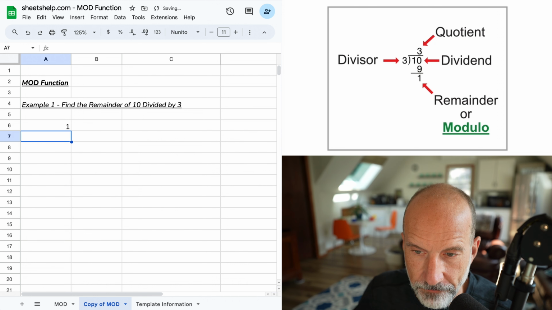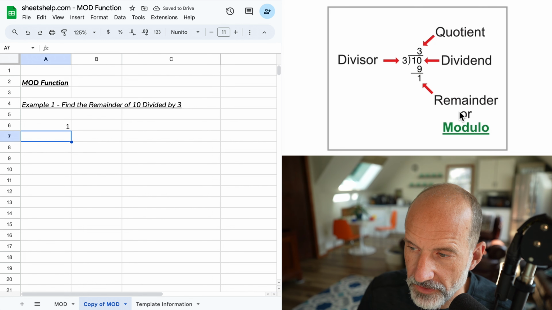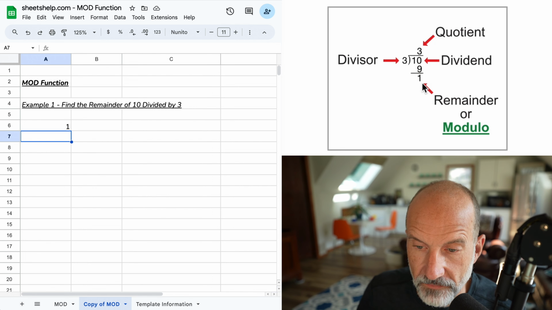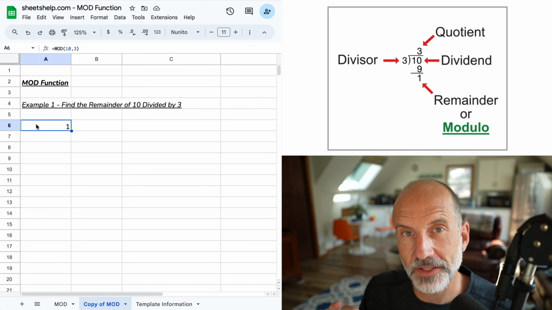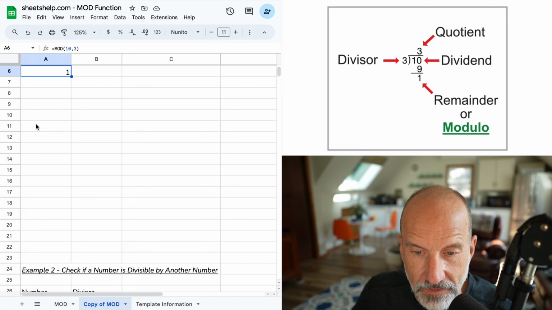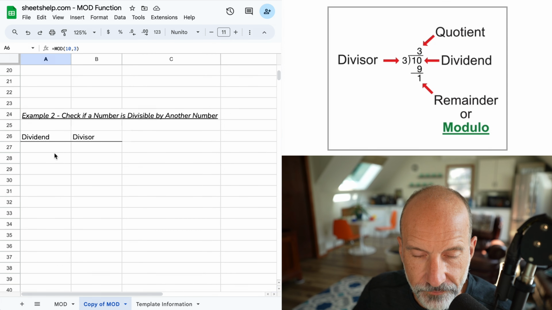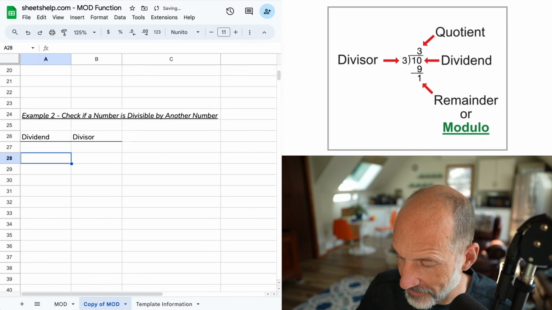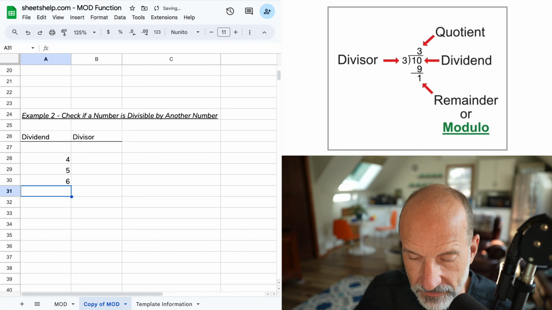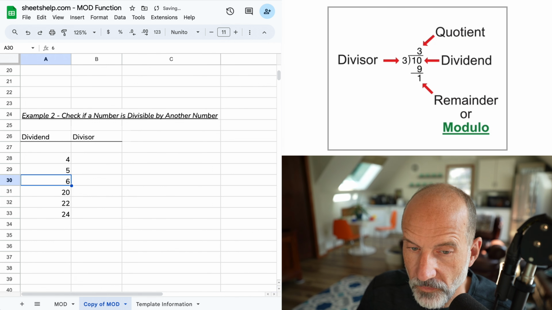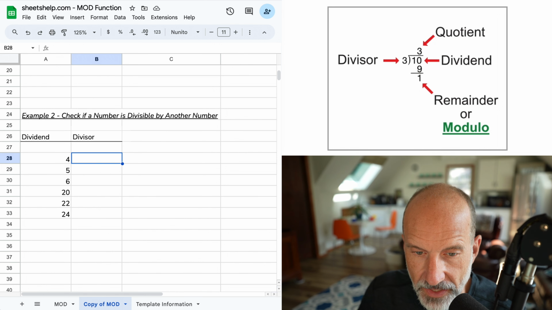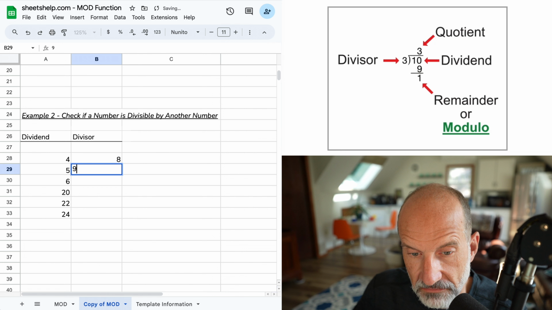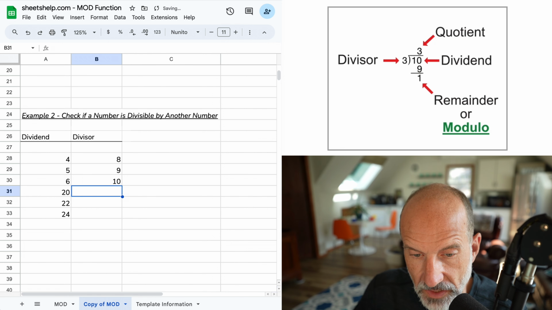We'll hit enter. And what it returns is the remainder, or the modulo, of that division problem. So it just returns a 1. Now let's look at a few applications for this function. We'll go down and we'll write out a series of numbers. We'll say 4, 5, 6, 20, 22, 24. And we're just going to see if those numbers can be divided by this column of numbers. 8, 9, 10, and then